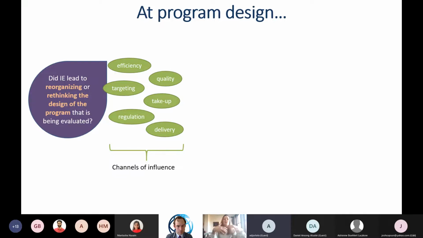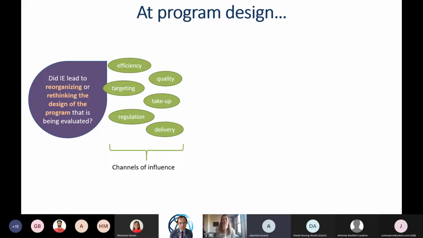As you start thinking, we want to know, does the literature, does what you know of other projects, does your knowledge of the area help you already rethink how you're going to implement things? Because sometimes, at least I can say this at the World Bank, we copy and paste projects and implement them everywhere, but that doesn't always work. Sometimes we need a bit more knowledge to do that. And as I said earlier, there are various channels of influence.